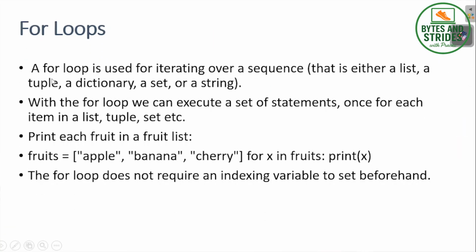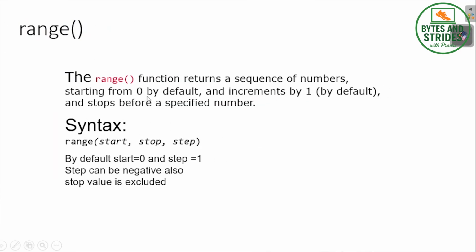Mainly a for loop was designed to iterate over a sequence like a list, tuple, or dictionary. However, friends, we still have not studied collections. So what we are going to do is learn the for loop with a very special function called the range function. This is the range function, and as you can see, it takes three parameters: start, stop, and step. Let's understand this with an example.